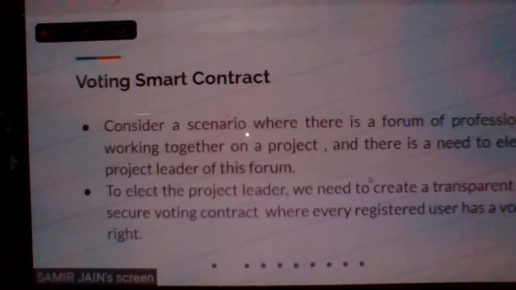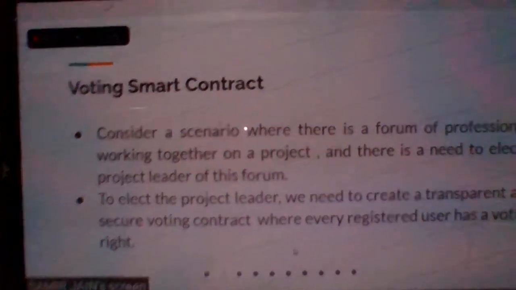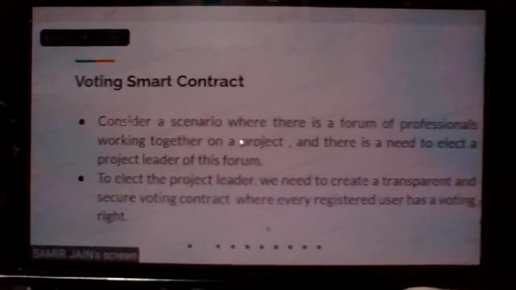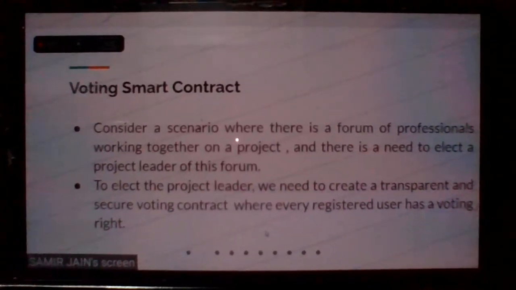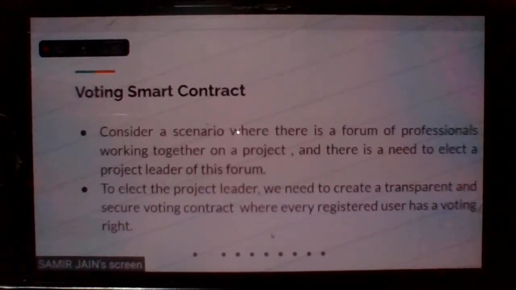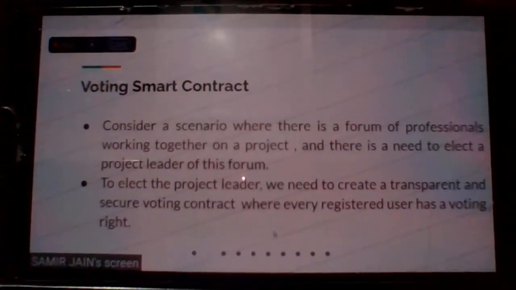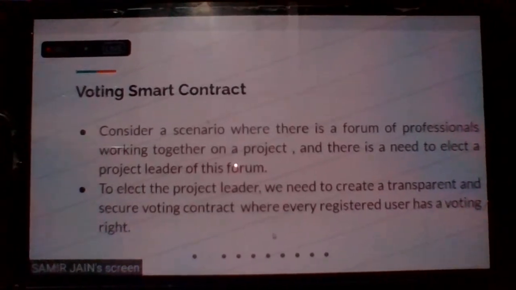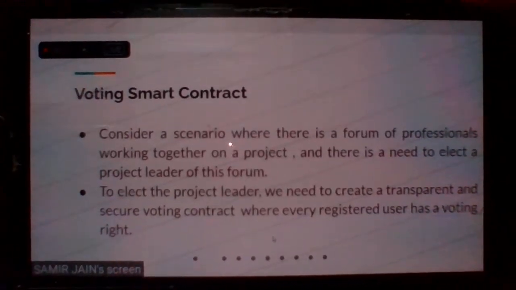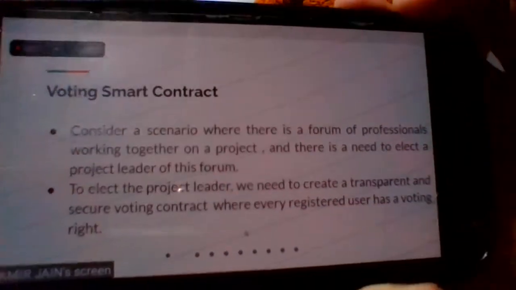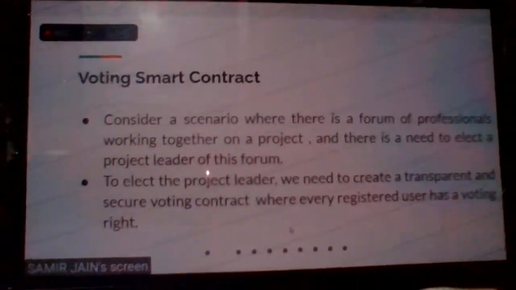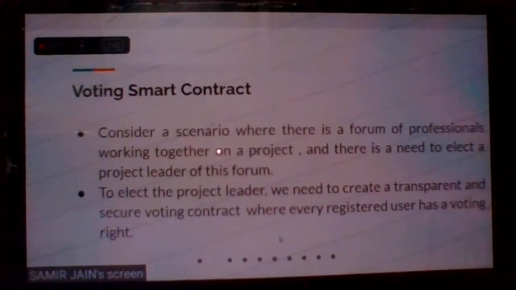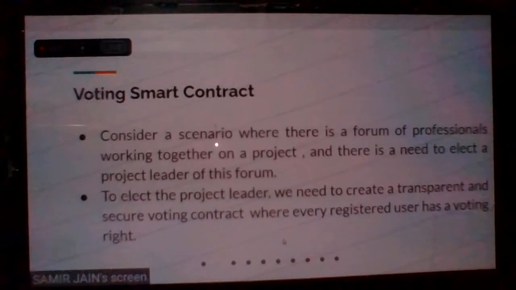What we are going to do is create a smart contract that will help in a voting kind of mechanism, where the people in the team will vote for a particular team member. There can be more than one team member who can be the leader of that project, but we have to identify only one. So they can be the candidates, and the winning candidate will be the leader. There are team members, there are candidates, and there will be a team leader who will be the winner.